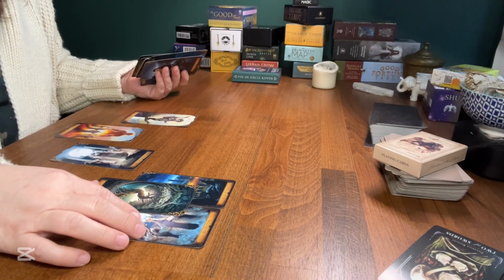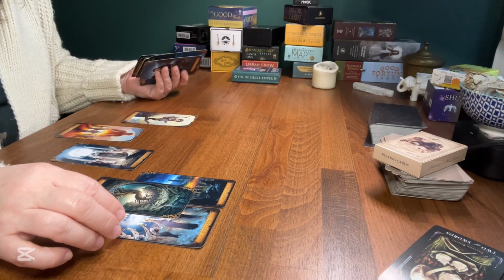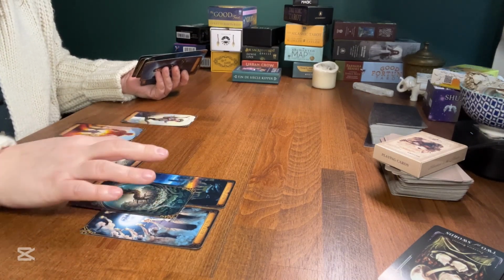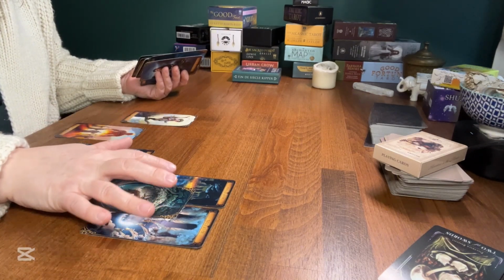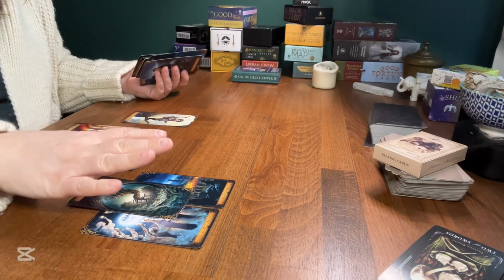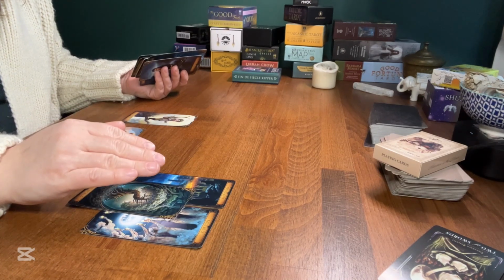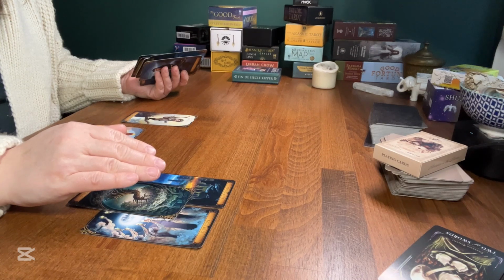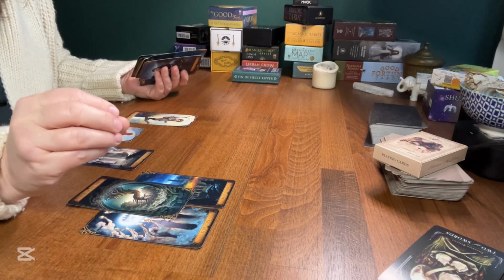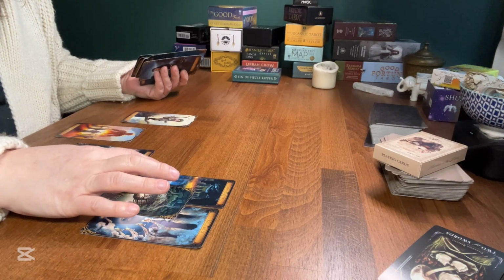I feel like this is very, very strong. I've never seen both the 10 of cups and 10 of pentacles with the world just bam like that. Like they all came out together. So this is solidly about an ending. And with these 2 10s in reverse and the world upright,